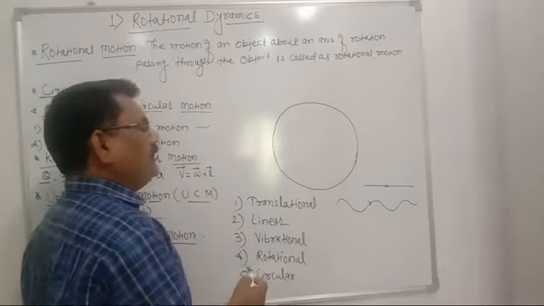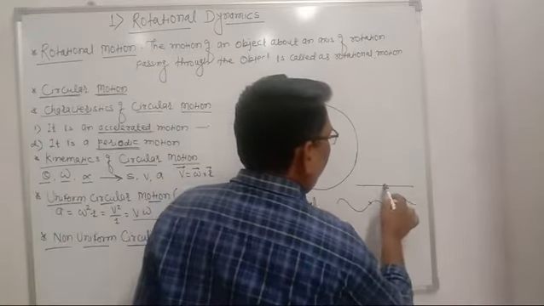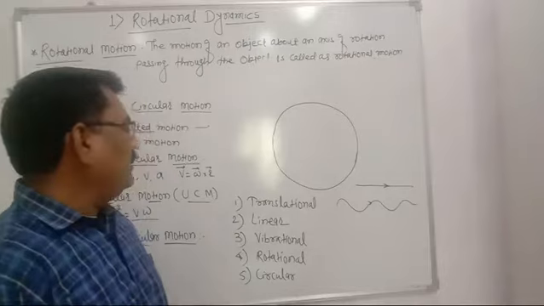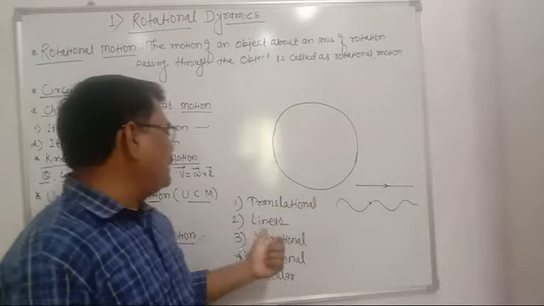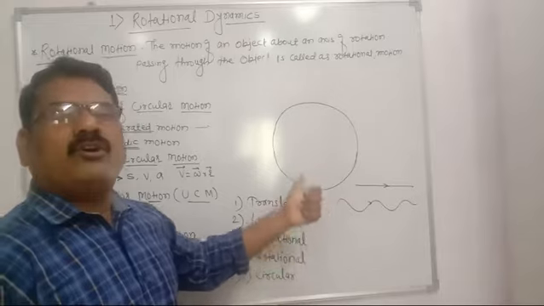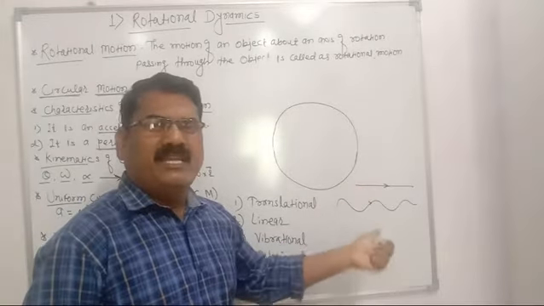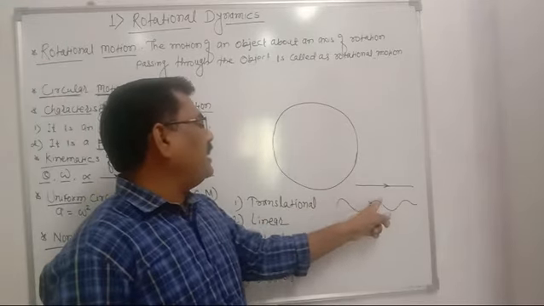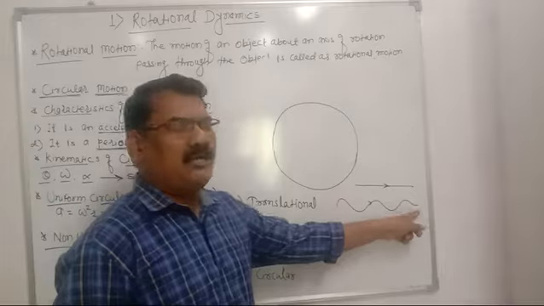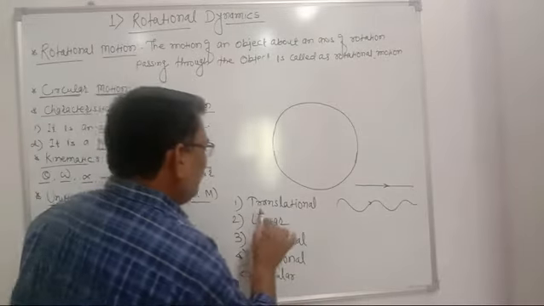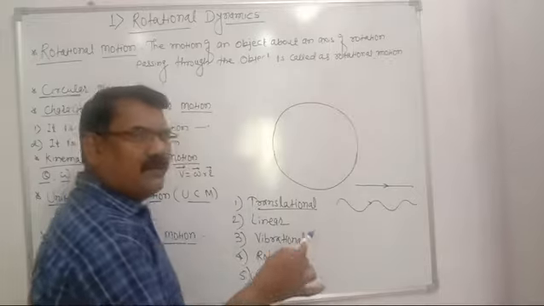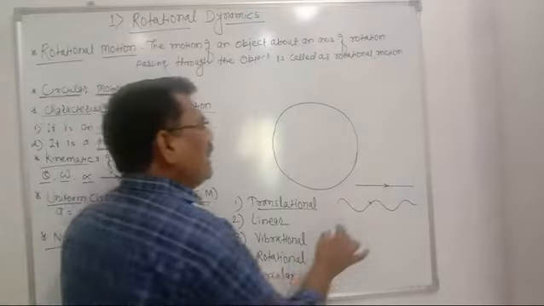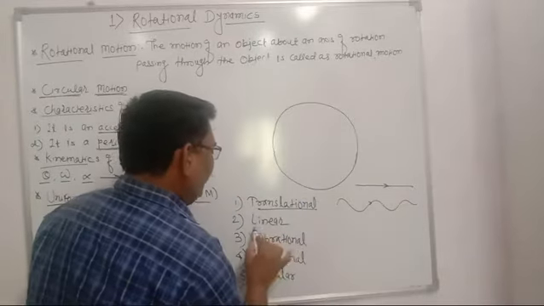But if an object is moving along a straight line or straight path, then the motion of that object is known as linear motion, which is also called rectilinear motion. That is, the motion of an object along a path or along a line is called translational motion, while the motion of an object or a body or a particle along a straight line is called linear motion